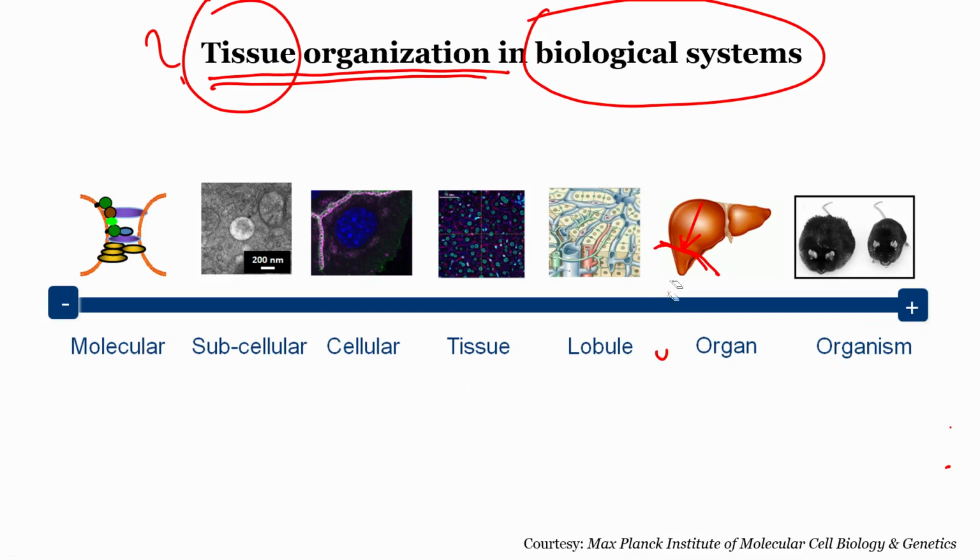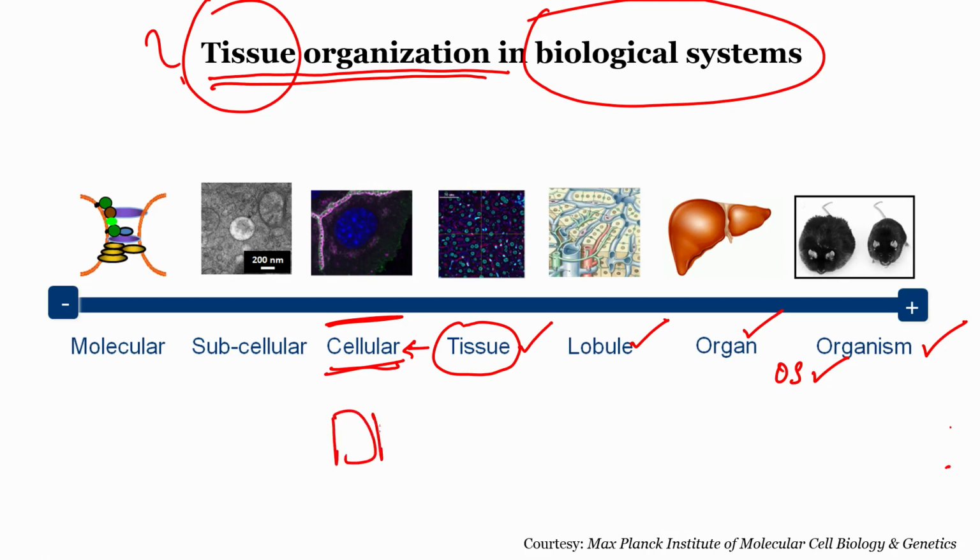Now we have covered organism, organ system, organ, we have reasonably covered lobules, and we have covered tissue. Now, how do these tissues come to exist? These tissues come to exist when cells come together. Cell, I think all of you are aware. Cells are the individual independent functional unit of a living being. Cells can come together, arrange in a particular form and form tissues, as we said before.